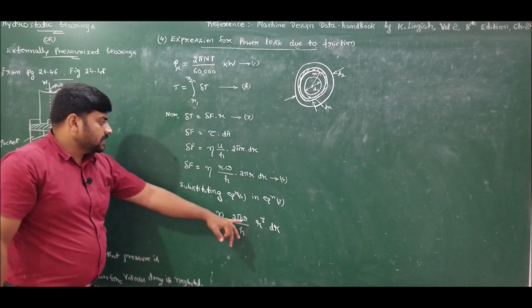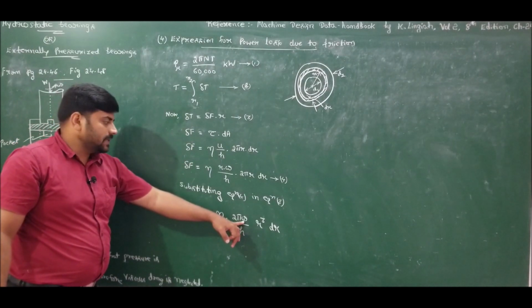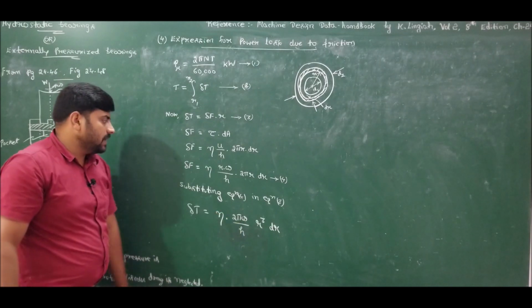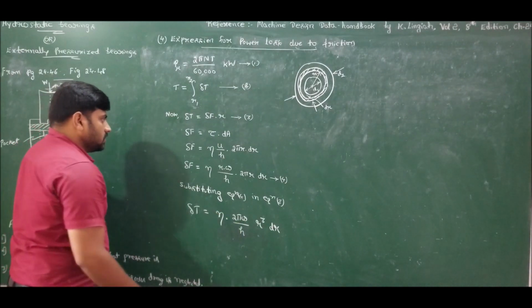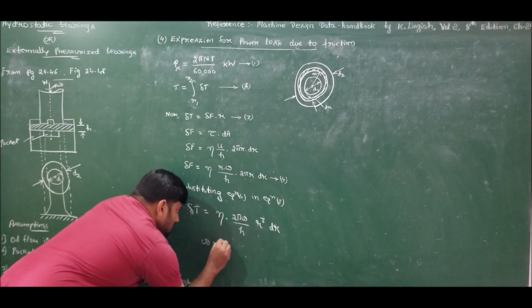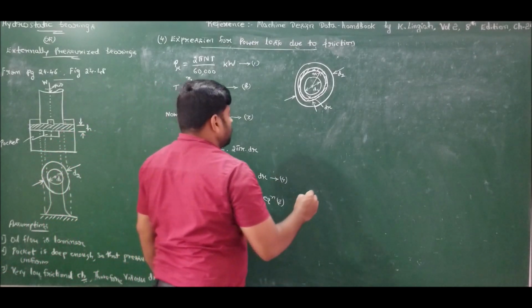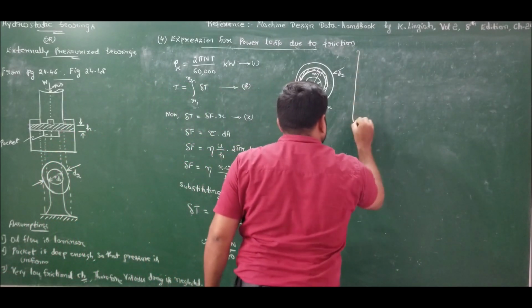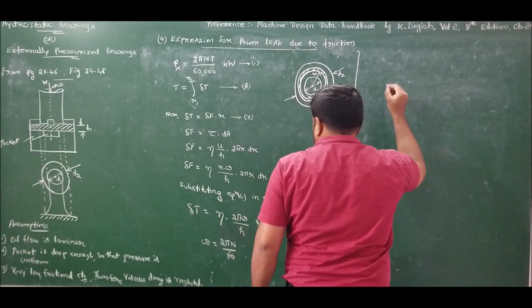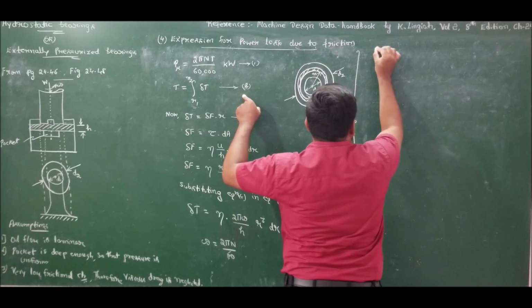Now I can substitute for omega also. Omega is 2 pi n by 60, right? Omega is 2 pi n by 60. So if I substitute for omega, we know that omega is 2 pi n by 60, n being the RPM. I am left with delta T. So let me directly substitute into equation number 2. From equation 2,